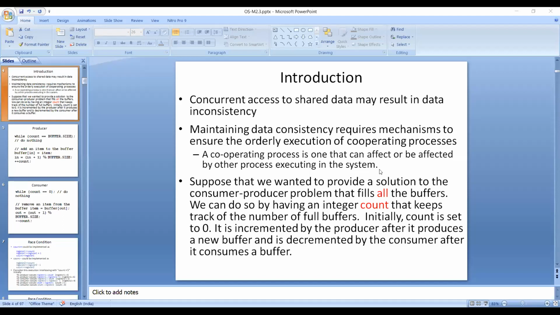We'll start with process synchronization. Before going into process synchronization, we'll see what shared data is. The data which will be shared among two or more processes, we say that data is shared data. If the shared data is accessed by two or more processes concurrently, that will